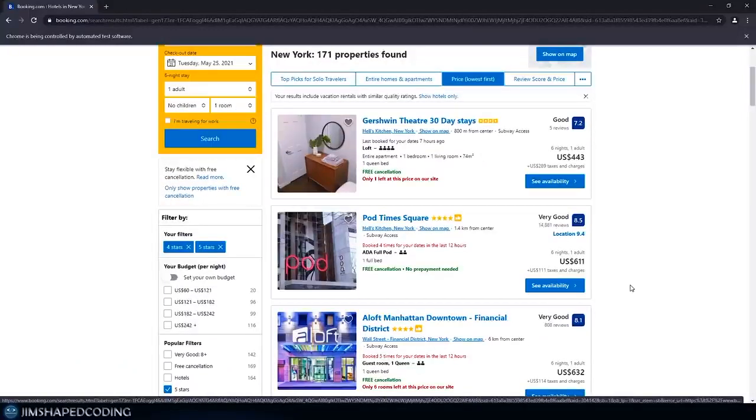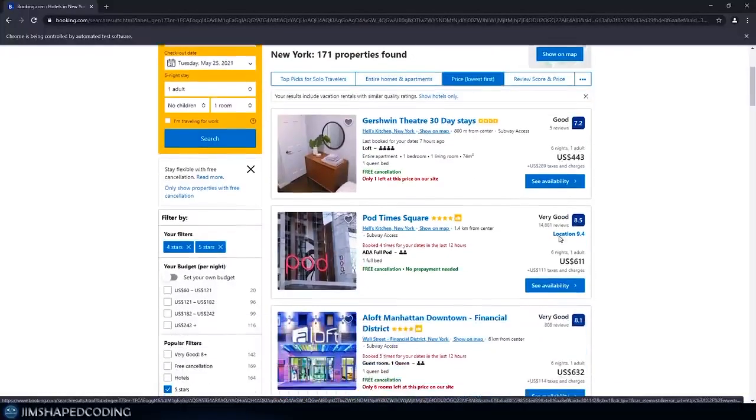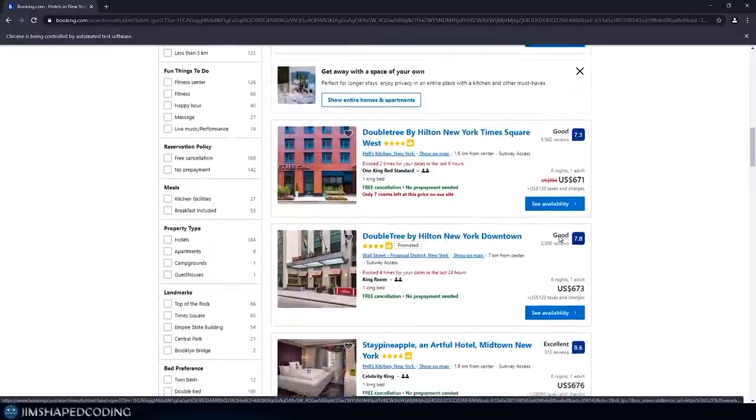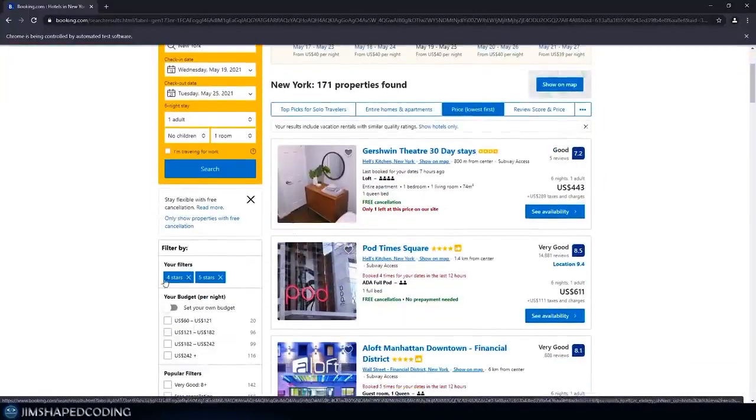Alright, so you can see that we have also activated the price lowest first button. As you can see, we have some cheaper results now on the first page, and if we take a look in our filtrations, you can see that we got 4 stars and 5 stars. So I think this will be pretty much enough about the filtrations that you can apply